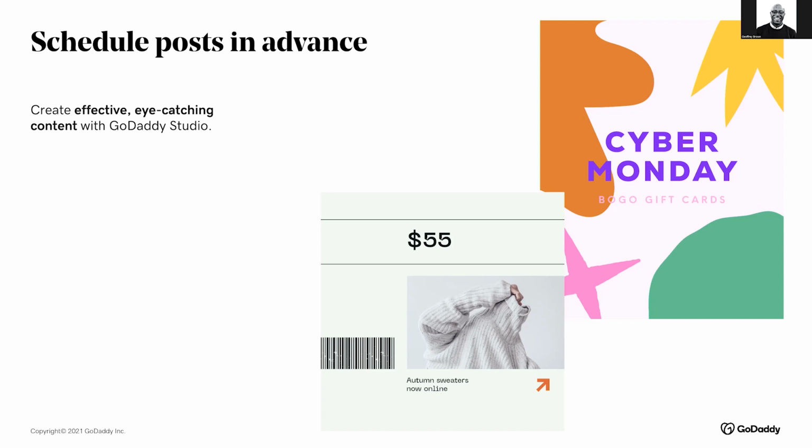They've got a huge library of templates and features to help you create eye-catching social posts, infographics, blog posts, emails, whatever. Any time that you need to spend on that can be cut in half with great templates like this. And as you design these graphics, you can save them all to a folder on your computer or even in the cloud, so that you can use them this season and possibly the next one too.